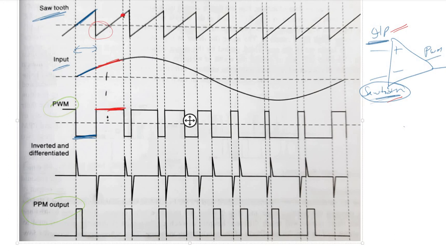Now beyond this point, the sawtooth waveform is positive and more than the message signal. So in this region, the sawtooth waveform is dominating, so the output will be minus V, right? Then again, the sawtooth waveform is negative, and positive but less than this message signal in this region, so it will be again positive and then further negative and so on. So in this manner, you can see the width of the pulse is varying in accordance to the message signal. So with the help of a comparator, we can generate a PWM type of signal.